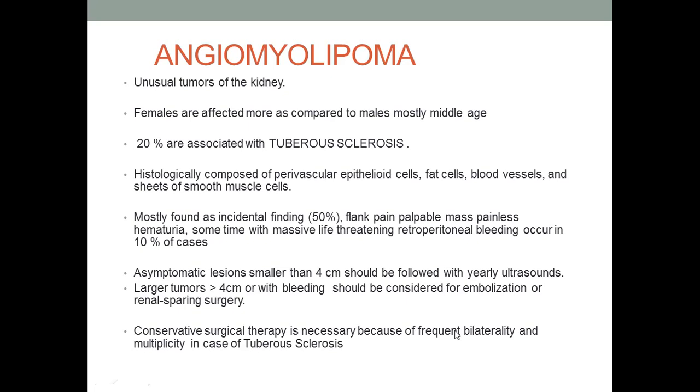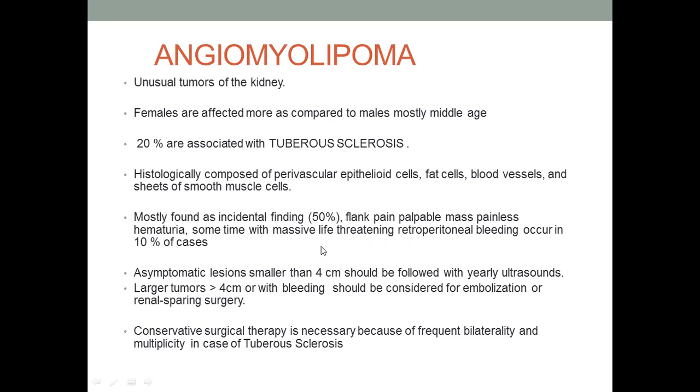Another unusual tumor is angiomyolipoma. It is composed of three parts, as mentioned here: angio, myo, and lipoma. So it is composed of blood vessels, smooth muscle cells, and fat cells. Fat cells are very important in this tumor, which makes its appearance black on the plain X-ray. And it is common in females and associated with tuberous sclerosis, and